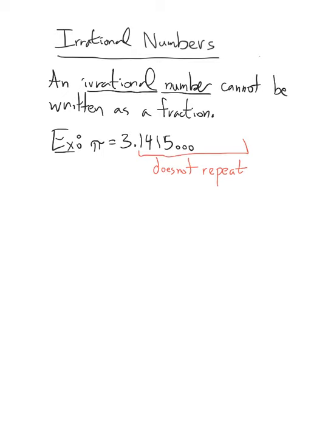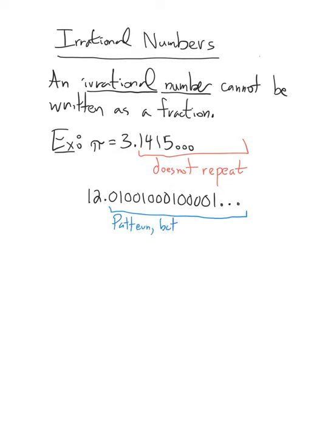You could have something along the lines of, I don't know, let's do this one. Let's do 12.010010001000001, etc., keeping up that pattern. And you could say, well, there's a pattern there, so it must be able to be written as a fraction. But no, remember that in order to be written as a fraction, we showed that it needs to be a repeating pattern. So this is a pattern, but it's non-repeating. So that's another example